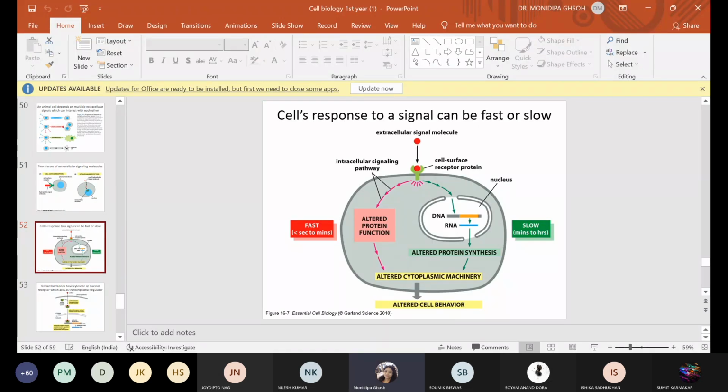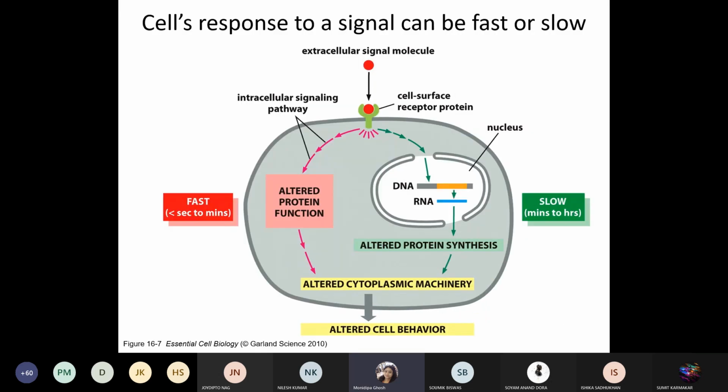Now, how the cells respond to a signal can be fast or slow. It may be very immediate or it may take some time to get triggered. You just go through it in a bifurcated flowchart manner. Here is the extracellular signal and the cell, displaying its receptor, and whenever an immediate response is needed for the management of the situation,